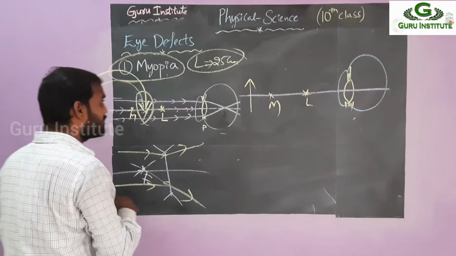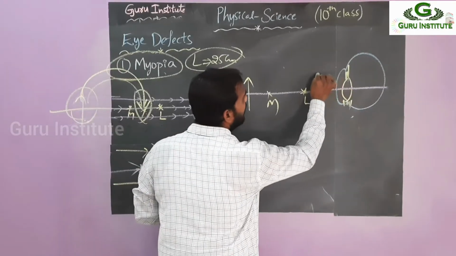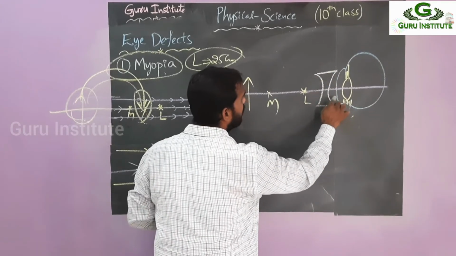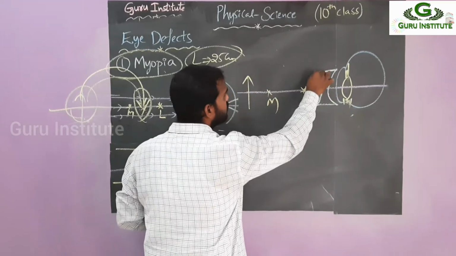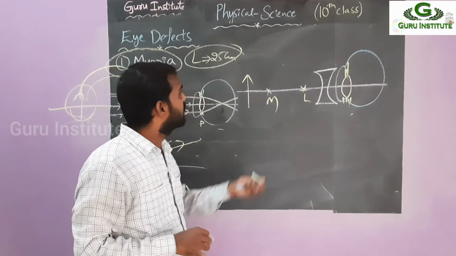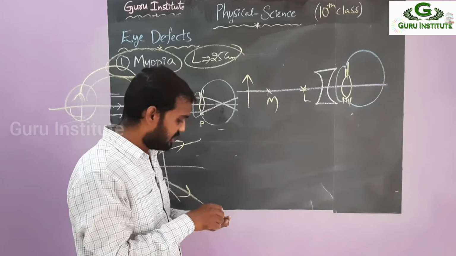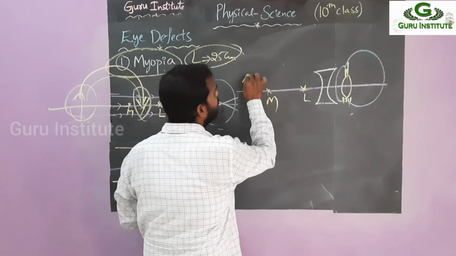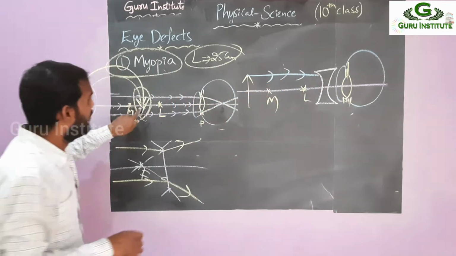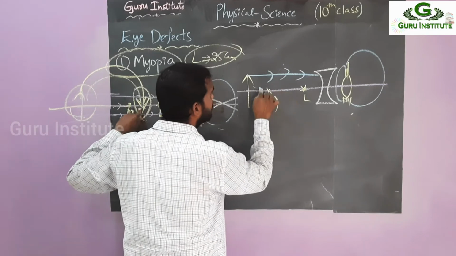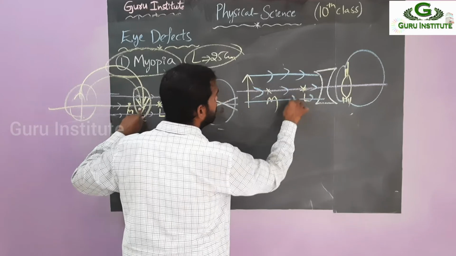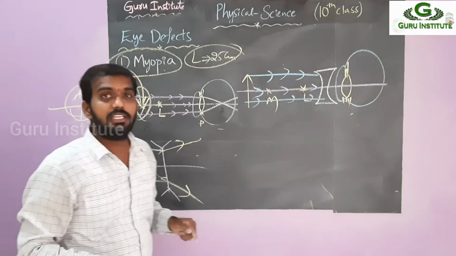So what do you have to take? Simply take a concave lens in front of your eye. In front of your eye, a concave lens, right? As spectacles, that is your glasses. So then, if the object is there, what will happen? Just see here. First they are falling like this. The first ray, and the middle ray is moving like this, and the third ray is moving like this.